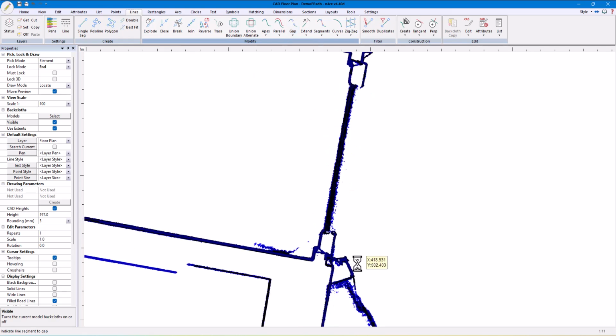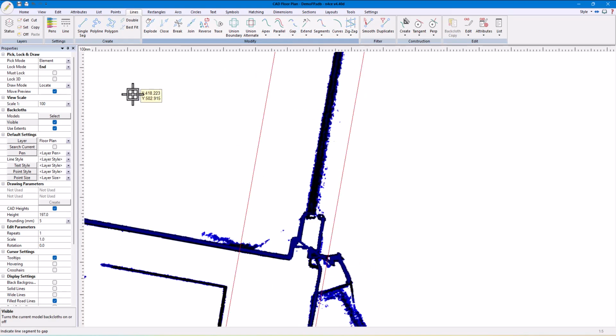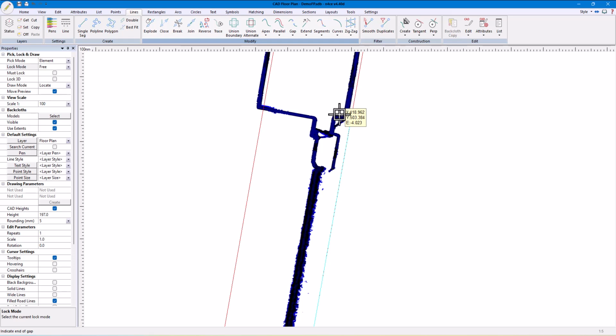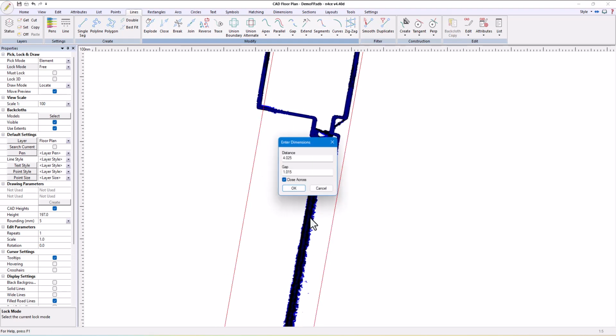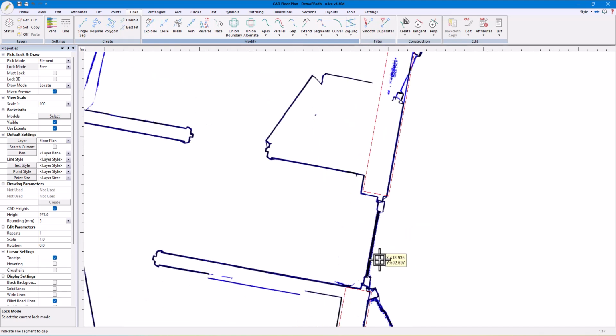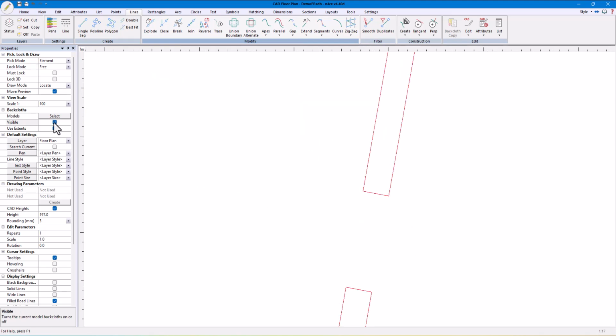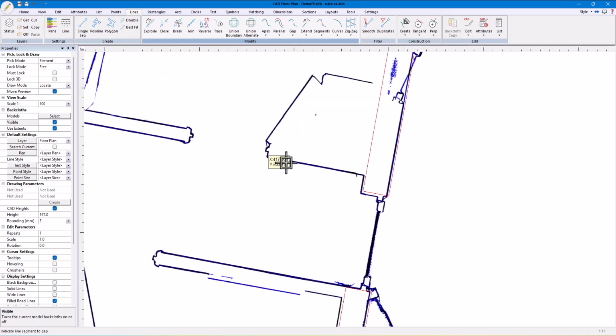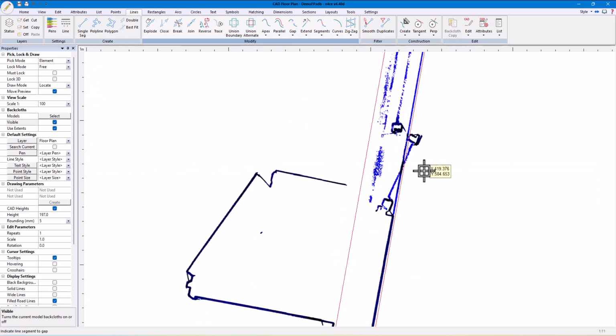Making sure the correct lock mode is selected, indicate the segment, followed by the start and end of the hole, and then the opposite wall that needs to be opened as well. This provides a very quick and clean method to make openings for doors and windows, especially if they must be to industry standard sizes. Fast forwarding a bit, we will now look at how we can insert windows and doors